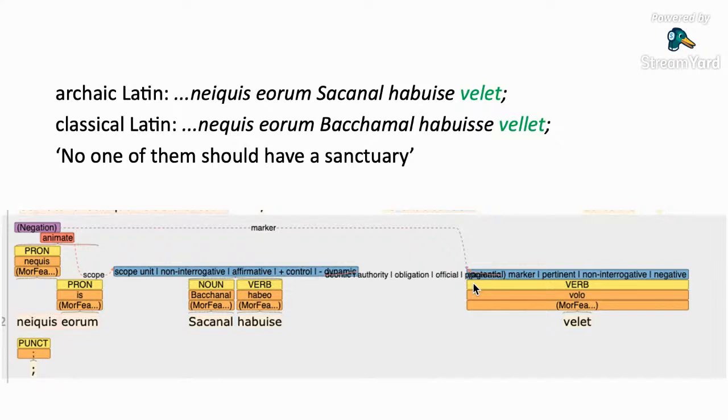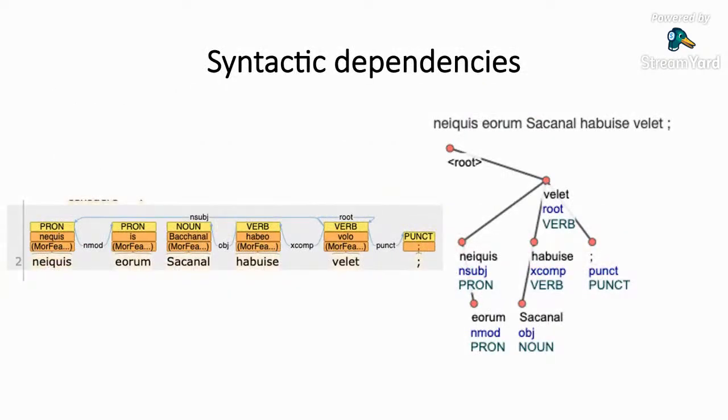And so to say, it loses its volition value and has a meaning which is very close to that of classical deontic verbs, such as debe or oportet. And then in our annotation, we have also annotated the syntactic dependencies. This is part of the automatic annotation, and